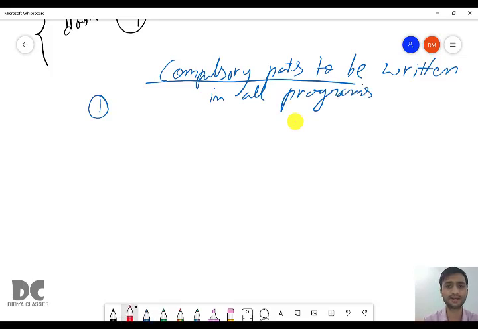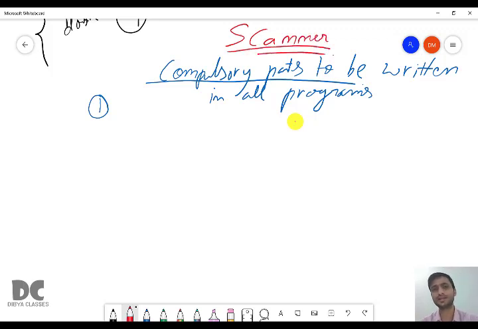This is for scanner. Whenever you are using scanner, the following points will be used compulsorily in all the programs. Irrespective of the program, you have to write these things.